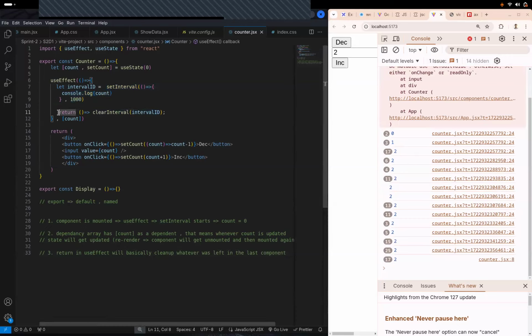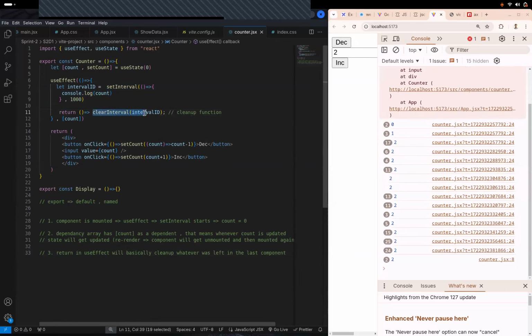So we write this function in the return statement. This function has a name. It's called cleanup function. What this cleanup function will do, एक very last time it will run once your component is unmounted. So remember return statements run at the very end. और वैसे ही it destroys the function as soon as it runs. So whenever this return statement will run, it will unmount this entire setup, but after clearing that specific interval. Clear?